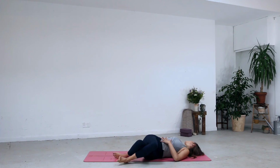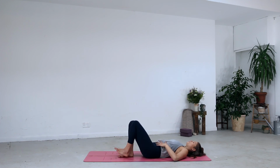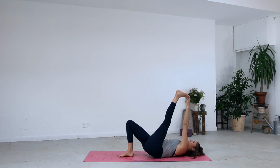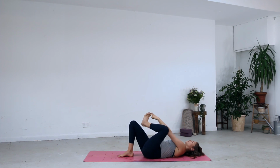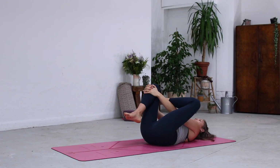Unravel the legs, catch hold of the left big toe this time, straighten through the heel. Just get a nice little bit of last stretch through the hamstring, and then lower the heel down onto the right thigh. Reach the hands through, hold of the shin, and just let the shoulders soften to the floor. So we're starting to release a little bit of the effort, surrendering to the pose,